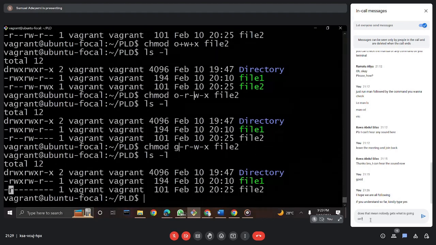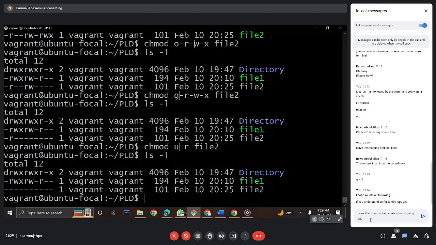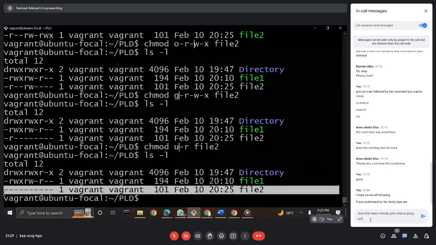Likewise, for the users section, which has only read permission for users, the same method, just come here, remove the read permission we have here. We say user minus read permission, file 2. You press enter, you list your files in a long format, and you can see the user's permission, the characters 2 to 4, is already gone for file 2. So this is just basically how you can play around with the file permissions